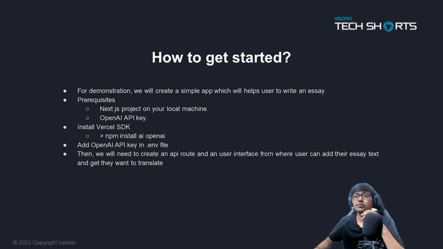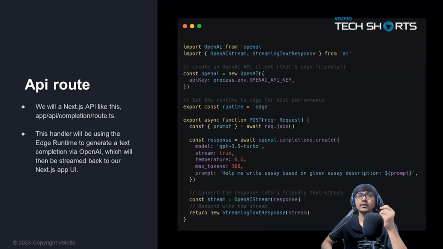And then what we need is two things. Number one, the API, which will talk to the LLM, and a user interface for the user to give input on the essay and display the output. So first we'll look at the API, which will interact with the OpenAI GPT model and stream the response back